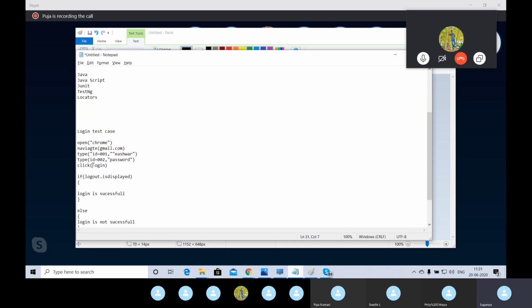So before triggering any command, first you should know where you are going to trigger that command. First you should identify the address of the particular web object, then provide that address as an input to your automation tool. Your automation tool will identify the particular web object based on the address you are providing, then it will perform that activity. So identifying the address is nothing but locators. You got it, guys? That is the locator concept. You should know how to identify the address of the particular web object, which will get covered in locators. Got it?